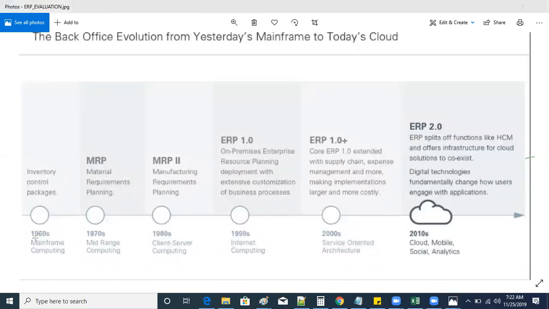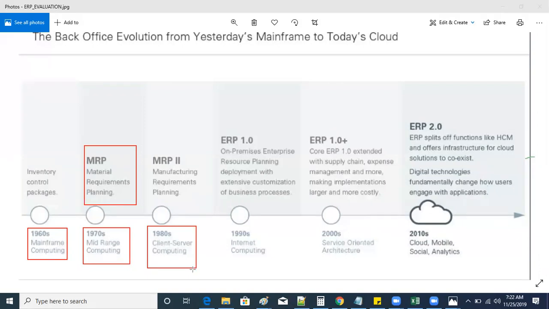in the 1960s, we used to have mainframe computing, where we used to maintain the inventory control packages. In the 1970s, mid-range computing, where we used to maintain the complete MRP, material requirements planning. And in the 1980s, client server computing. So MRP 2, manufacturing resource planning. Actual ERP 1.0 was